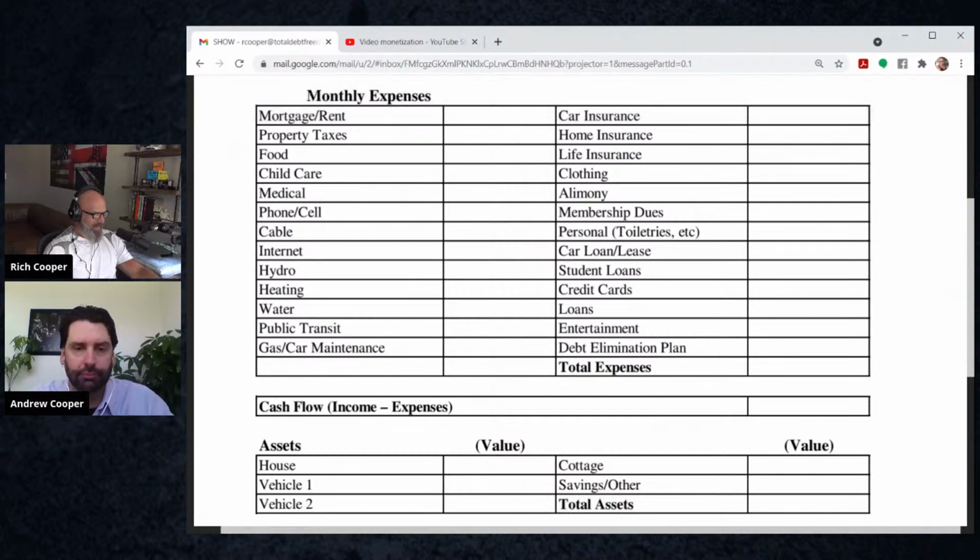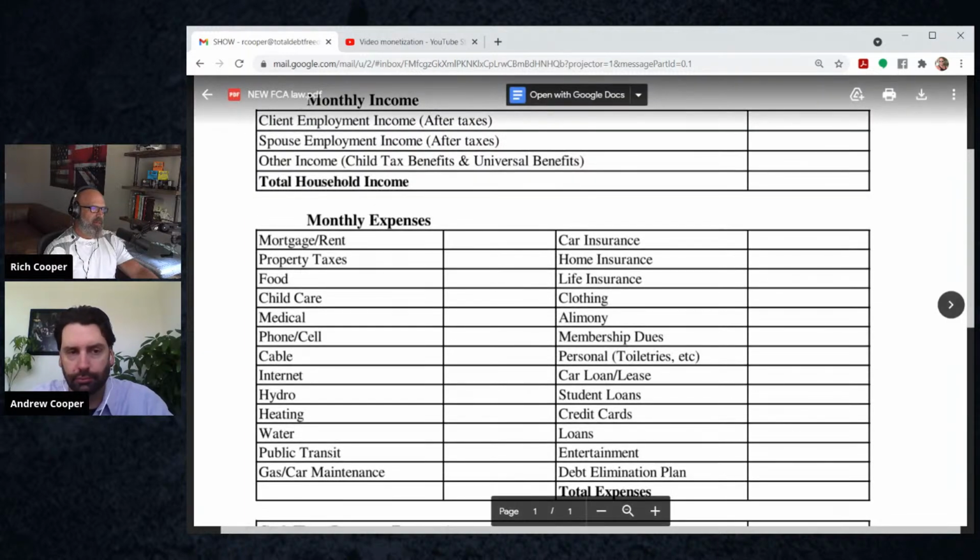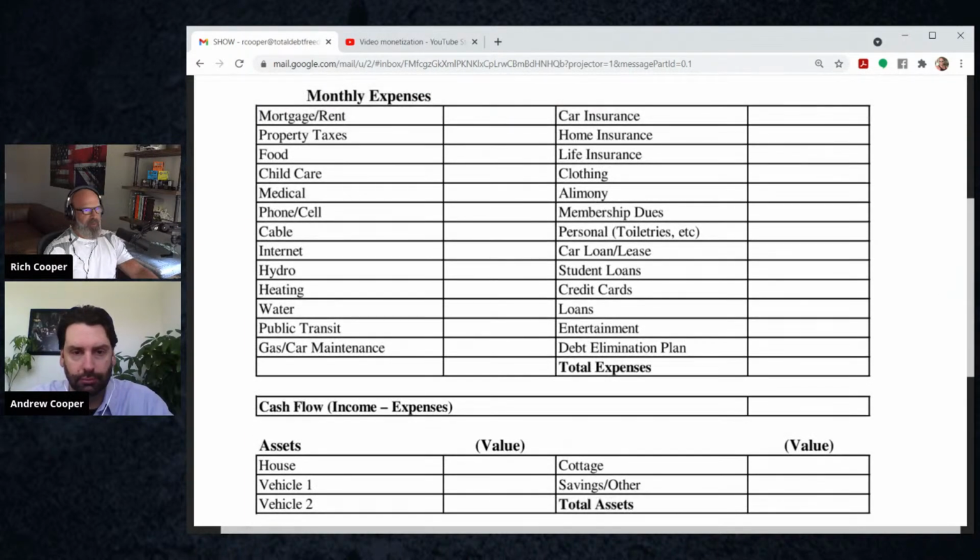So debt is a math problem. If you have accumulated debt, it's because you haven't managed these two items, income and expenses. If your income, we'll just use an easy number like $1,000 a month, is $1,000 a month and you're spending over $1,000 a month, you're going to wind up in